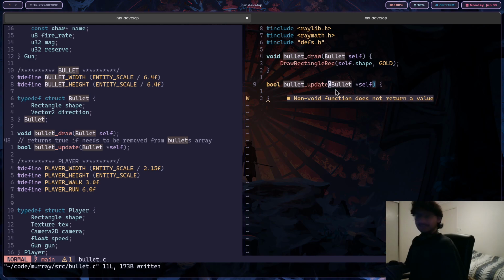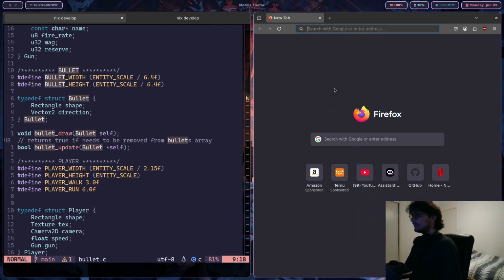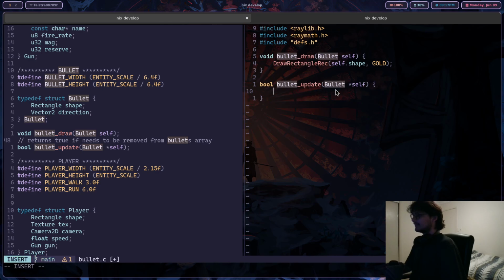Okay, let's see here. So I need to update this bullet. Oh, I had it open, right? I can't remember how to do this. It's fine. So let's go self.shape.x plus